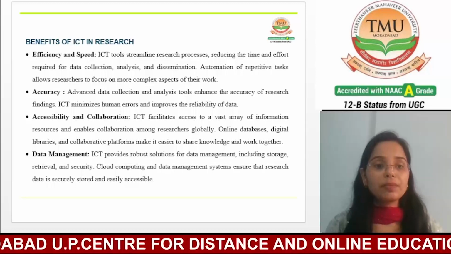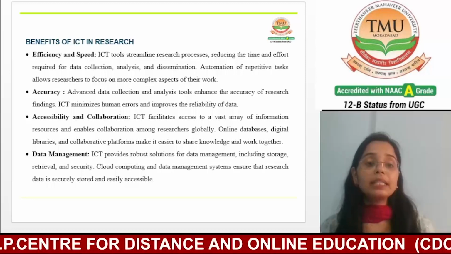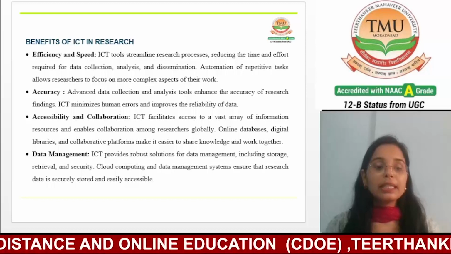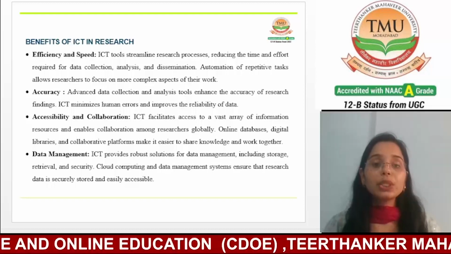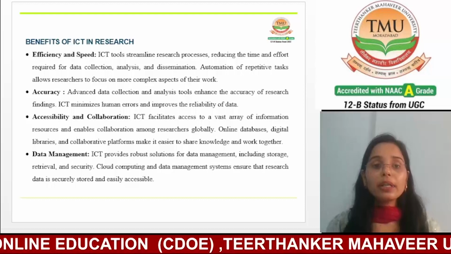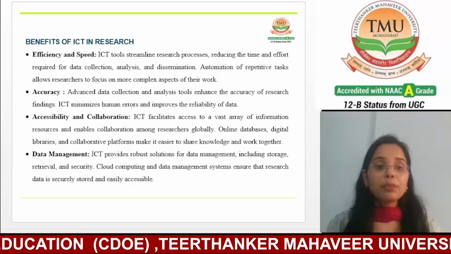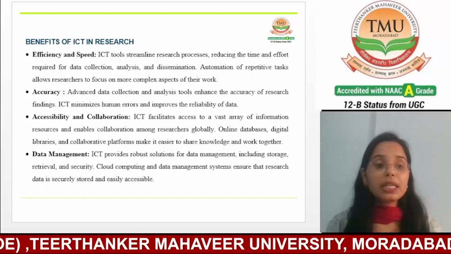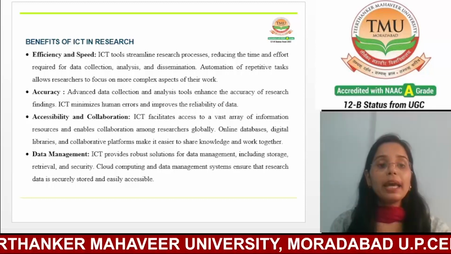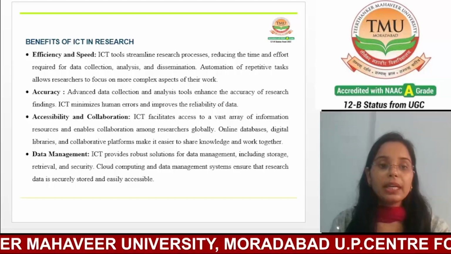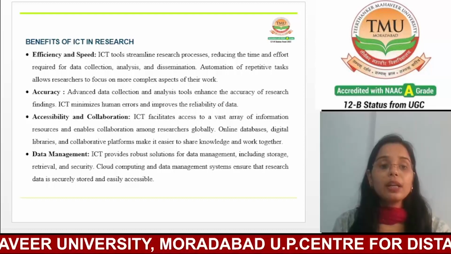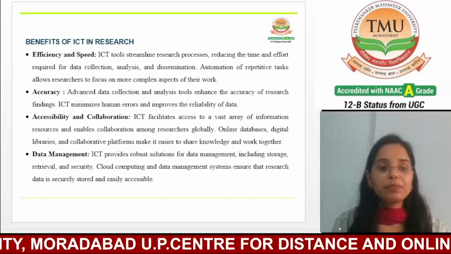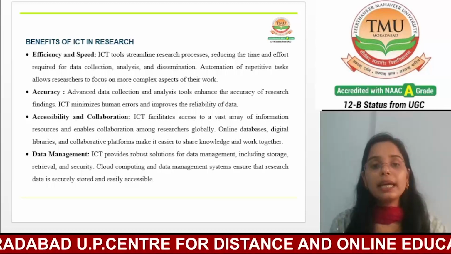ICT tools have made research more accessible and collaborative. Digital platforms enable researchers to share data, work with other people on projects, and communicate with colleagues from anywhere in the world. This breaks down geographical barriers and fosters global collaboration, leading to new insights and discoveries.